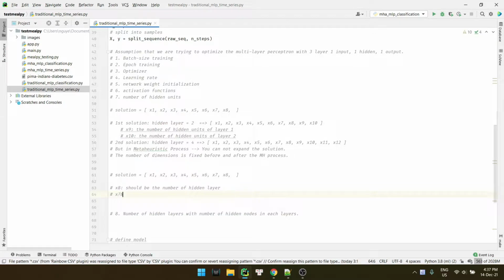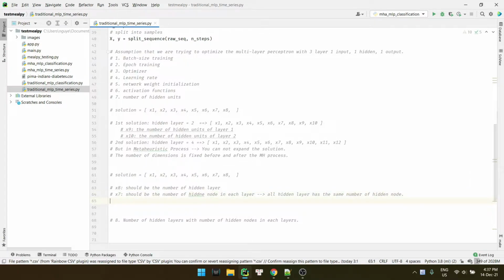And x7 should be the number of hidden nodes in each layer, meaning that all hidden layers have the same number of hidden nodes, so you don't have to expand the solution anymore. So you can do that, but the negative of this method is that each hidden layer will have the same number of hidden nodes. So maybe that is not good, right?